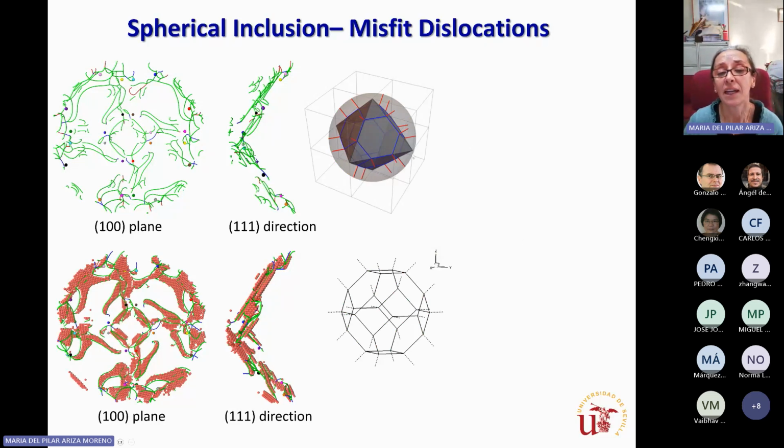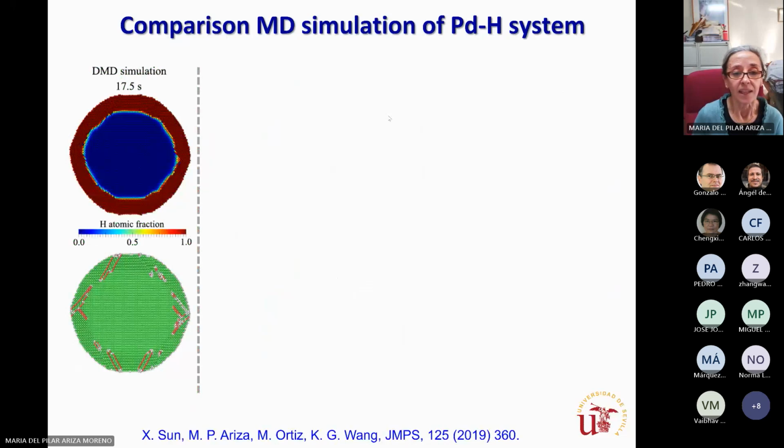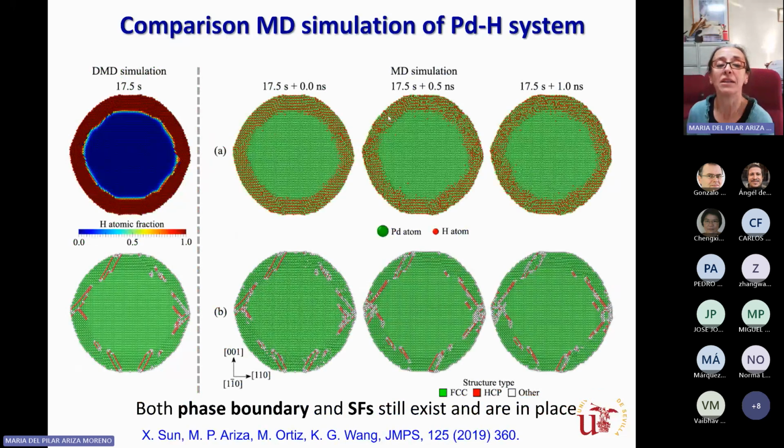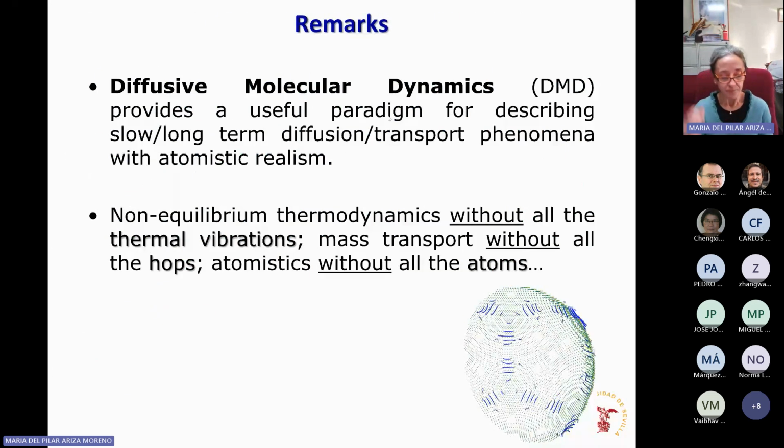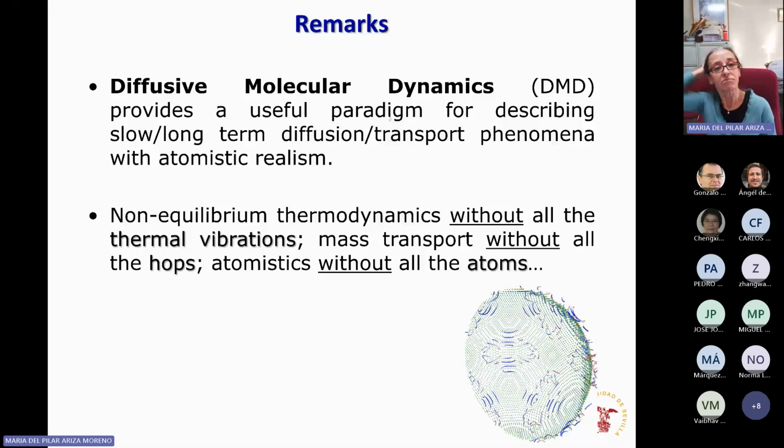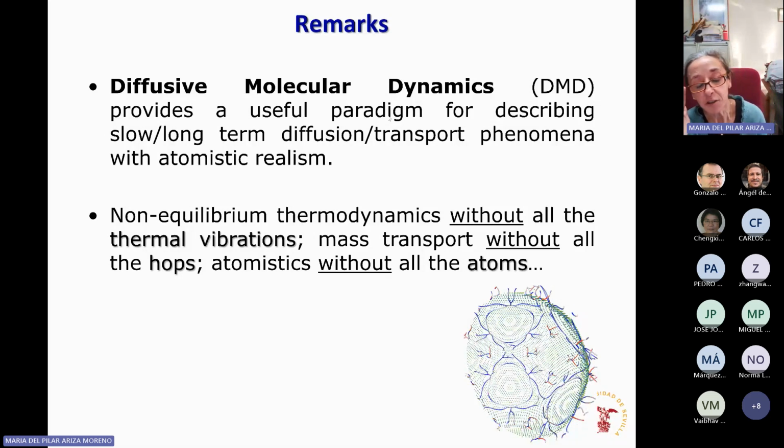Also, in connection with the last comparison, these are the planes in which you have the misfit dislocations you see here, and they are in agreement with the main planes in which you have the maximum shear stresses. So this is another comparison in between the molecular dynamics results and the diffusive molecular dynamics results for this system. I'm going to finish by telling you that we think that this is a useful technique